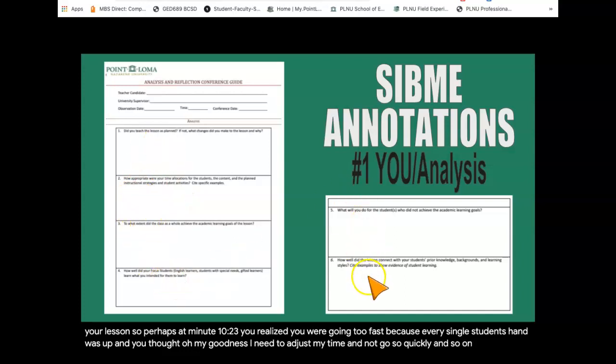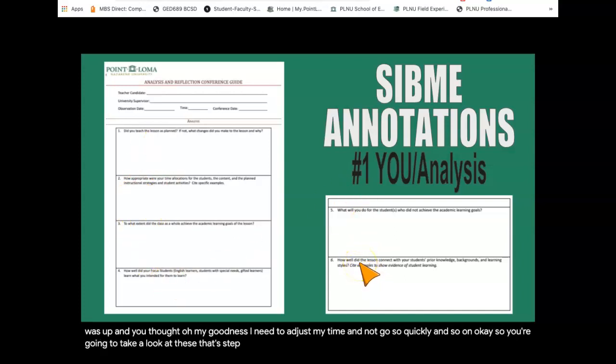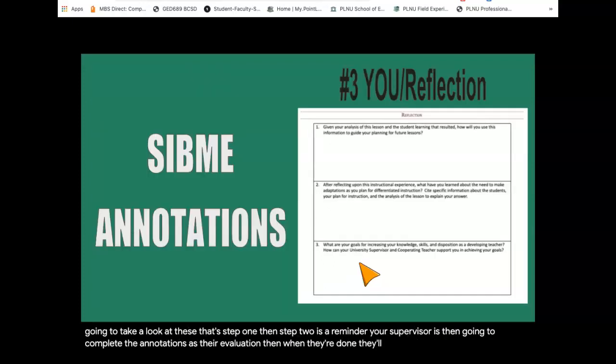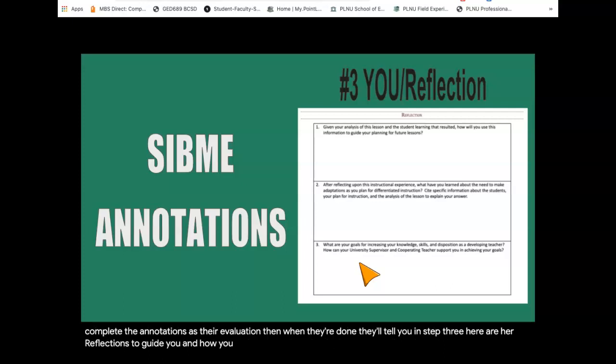And so on. Okay, so you're going to take a look at these. That's step 1. Then step 2, as a reminder, your supervisor is then going to complete the annotations as their evaluation. Then when they're done, they'll tell you in step 3, here are reflections to guide you in how you could respond. So reflecting on your lesson, number 1 is giving your analysis of this lesson and